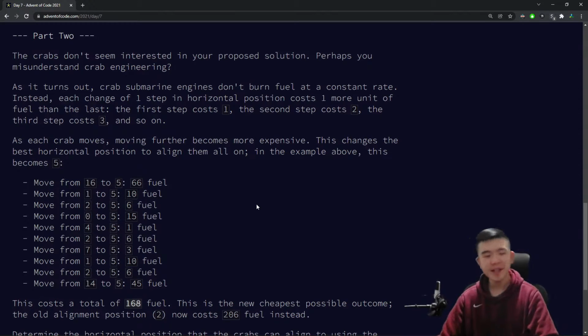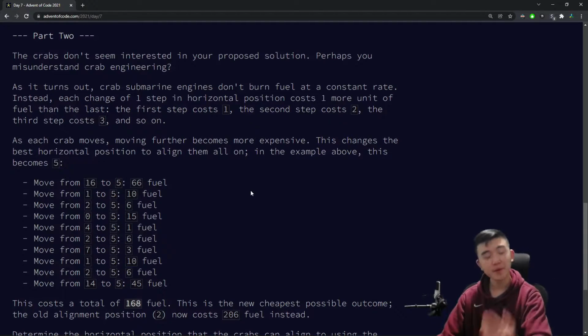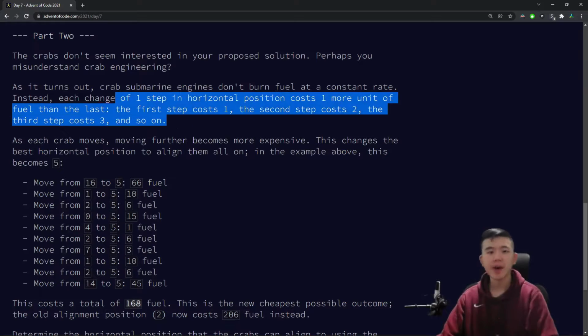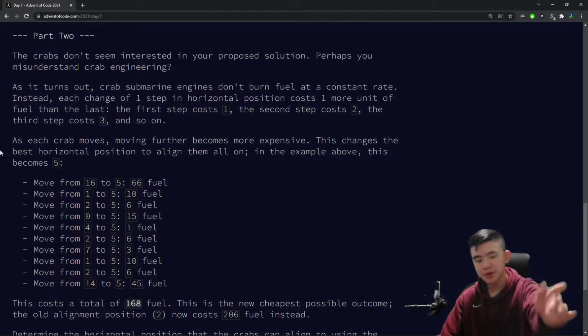The way they explain it is, that's actually a bit more contrived formula, but to move from position 16 to position 15, for example, takes 1 fuel, 15 to 14 takes 2 fuel, 14 to 13 takes 3 fuel, and so on, as they explain right here. So every successive step that a crab takes to move towards the target position takes 1 more fuel than the